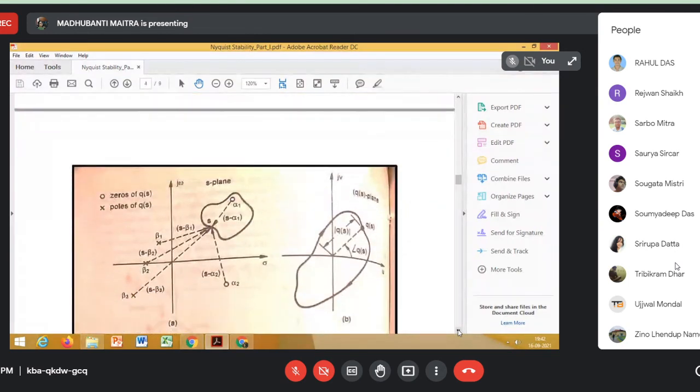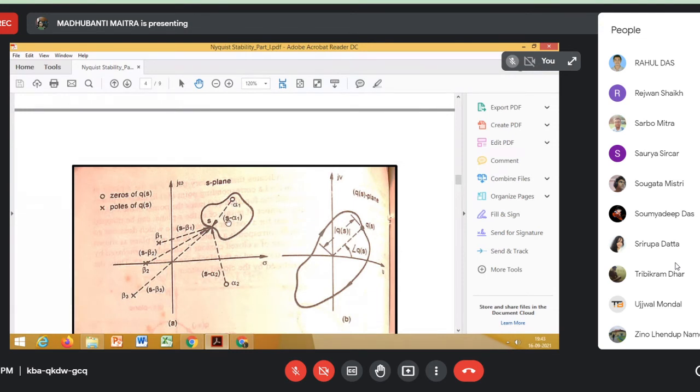Okay. Now let us assume, again you see this is our S plane, this is the Q(S) plane, U plus JV. Suppose some Q(S) is given, and we have taken one closed contour on the S plane, and the contour satisfies the assumptions, that is, it will not pass through any singular point. If you traverse the contour in the clockwise direction, this is the region which will be enclosed by the contour.